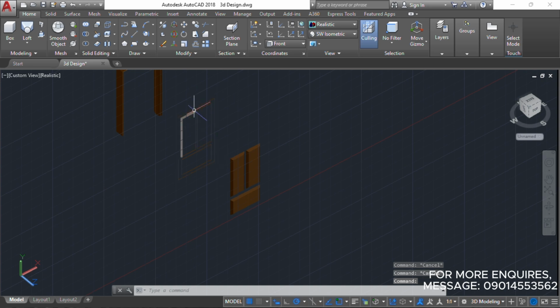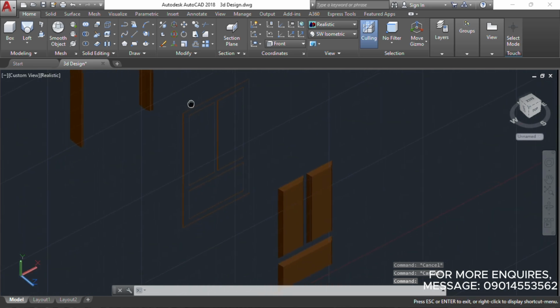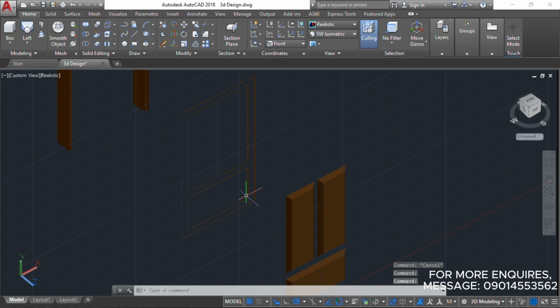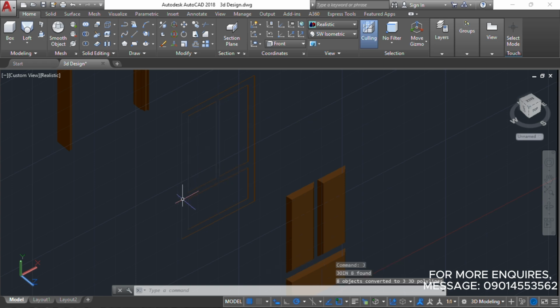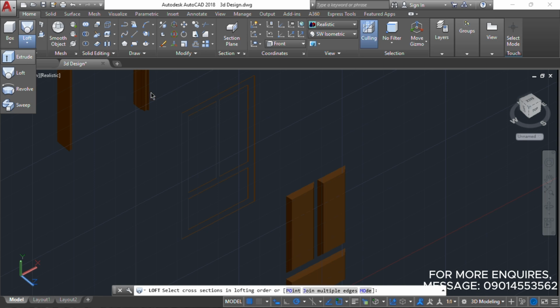Okay, now let's make this a 3D object also, so it will be easier for us to bring in our object inside it. Now let's first of all join this. All right, let's join them. Okay, J for join, and we are good to go. Now we can either press pull or extrude, but let's extrude